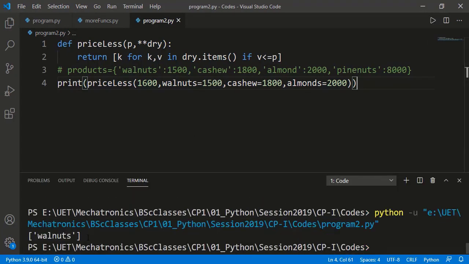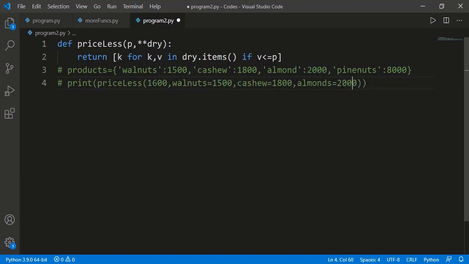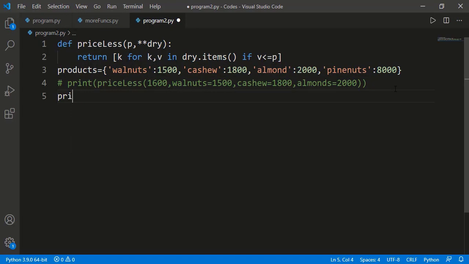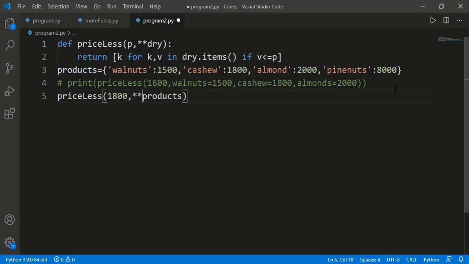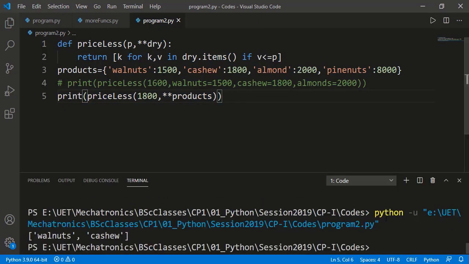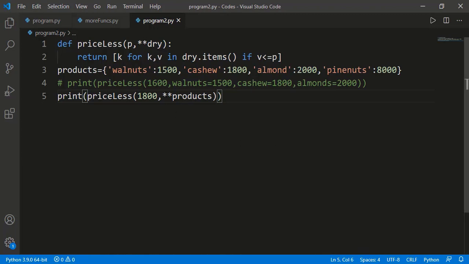And we get that. Now if I want to apply the dictionary as keyword arguments, I can pass that, but I will have to unpack the dictionary items to key value pairs or keyword arguments, and that can be done using the double asterisk. This is exactly what asterisk does for the list or tuple. We get the result. If we always want to use a dictionary for this function, then a better solution can be using the dictionary directly here and also as the input argument of the function.